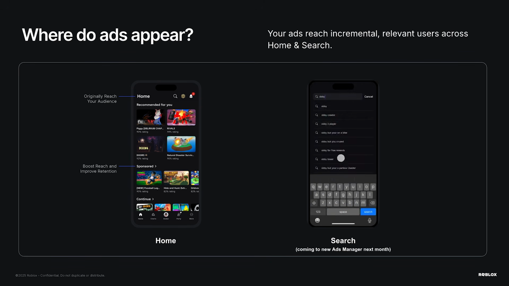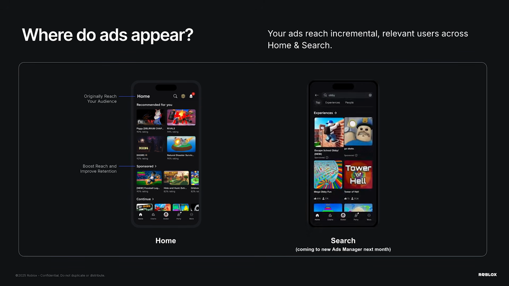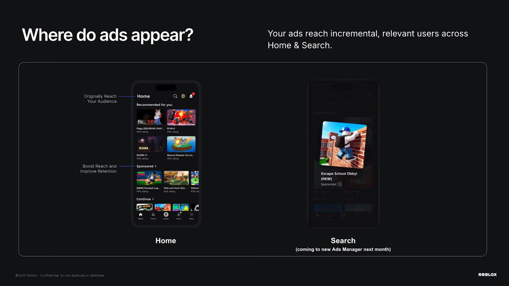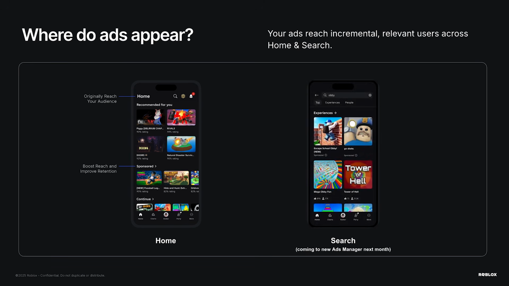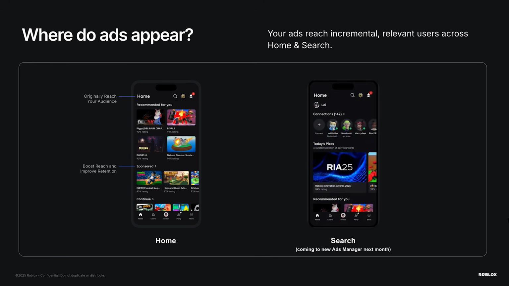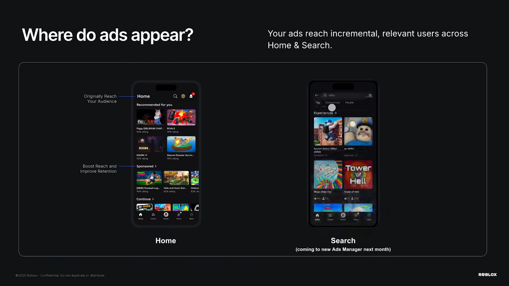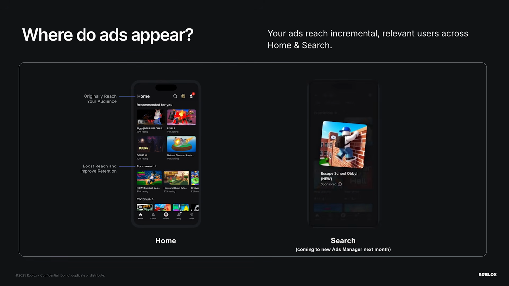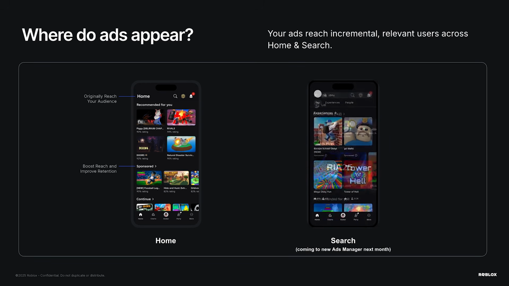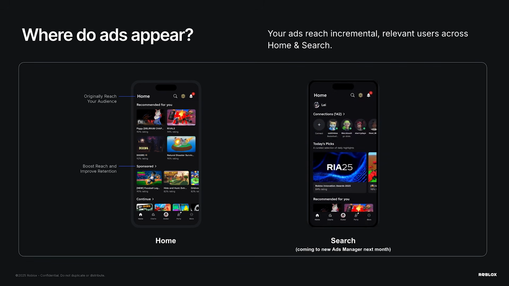They show up on the homepage. There's a sort on the homepage called Sponsored Sort. So ads can show up there. And we also recently published a dev forum post saying we're starting to experiment with ads within the RFY sort. So you may start to see your games showcased across the homepage, for example, within RFY. So number one, ads can show up on the homepage of Roblox.